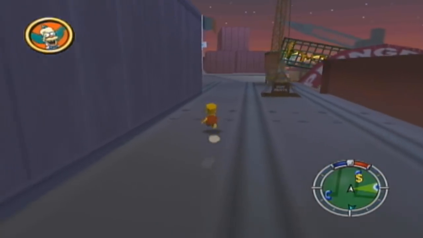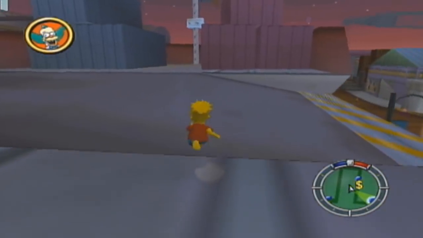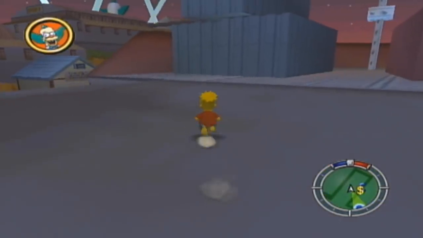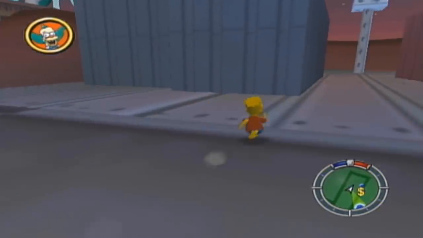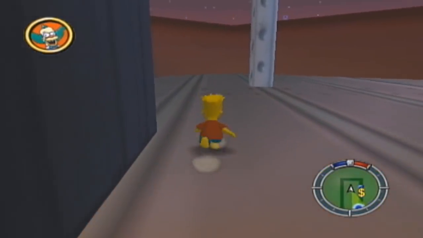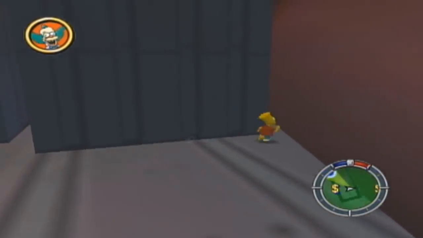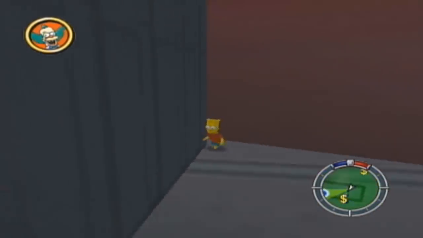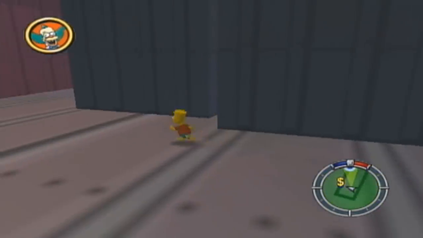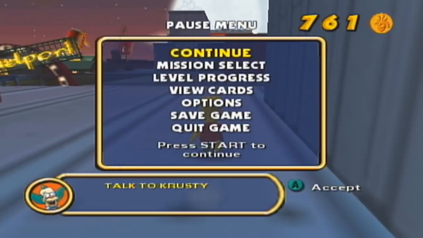Okay, so there's the crane from earlier. Yeah, there's got to be a way on top of this. Children weren't meant to get this much exercise. Maybe I have to drive one of those trucks up here. That'd be my guess, because I don't think there's any other way I can get up here. Well, if that's the case, I'll just do that later. I think we got everything else, so let's